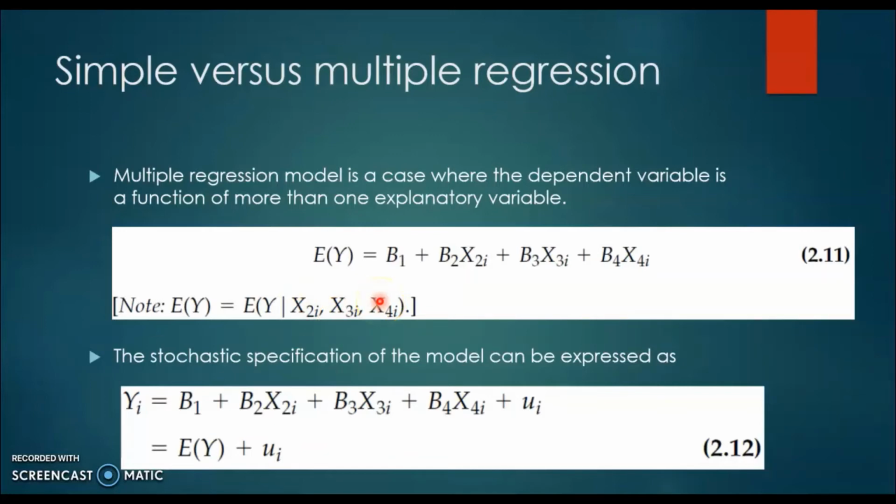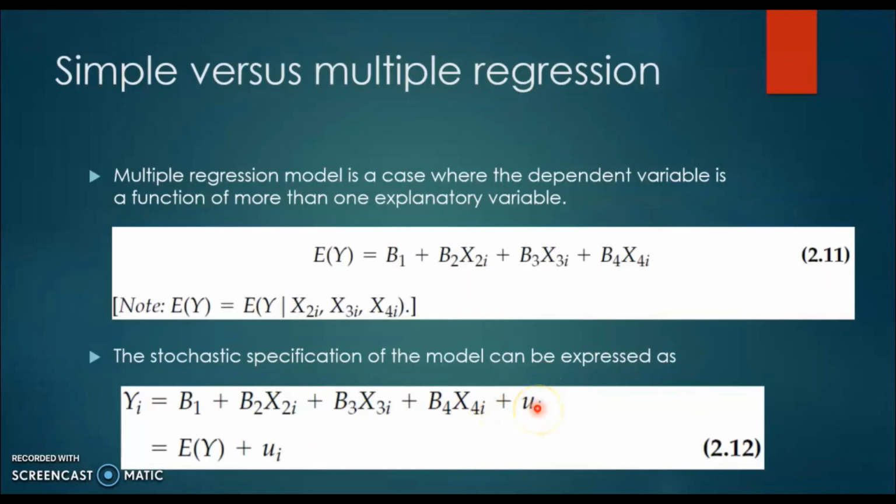And when we include the stochastic term, or the error term, we will be able to construct the stochastic specification of the model as in equation 2.12, where the dependent variable y is explained by beta 1, which is the intercept, beta 2 x2, beta 3 x3, beta 4 x4, plus the